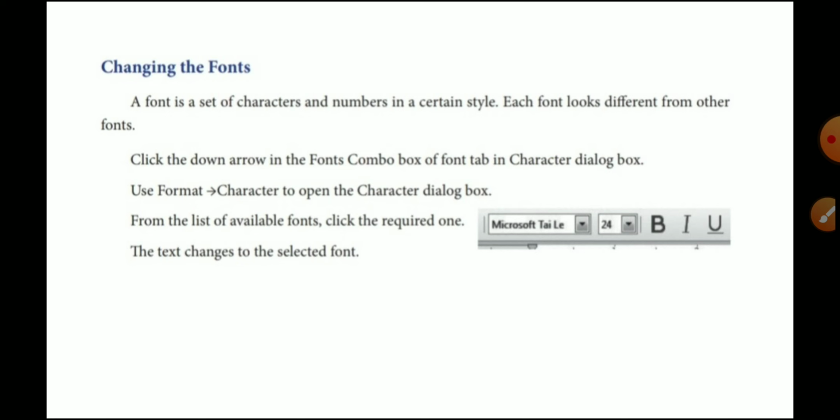To change the fonts, go to the Format option, which appears in the menu bar. Click it and go to Character. There you just select the font you want, and you can also select the size, edit and change it yourself. This is the way to change the fonts.